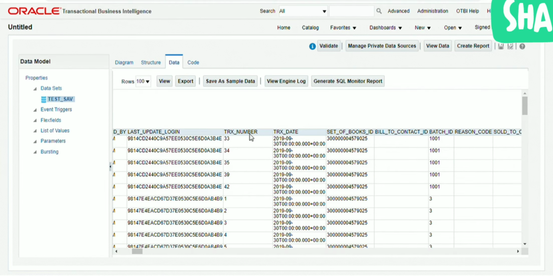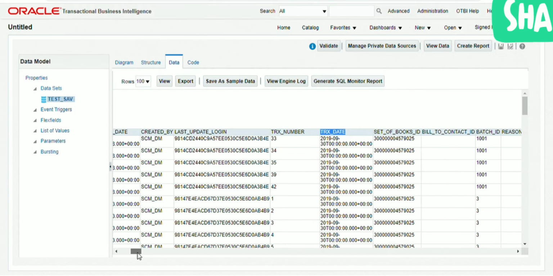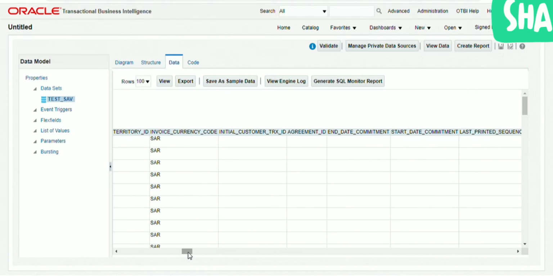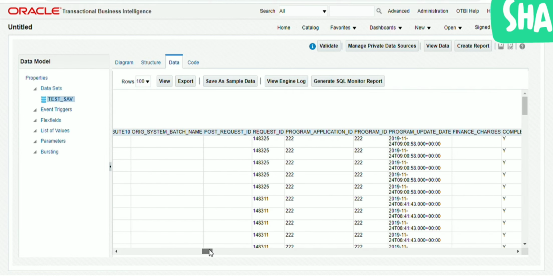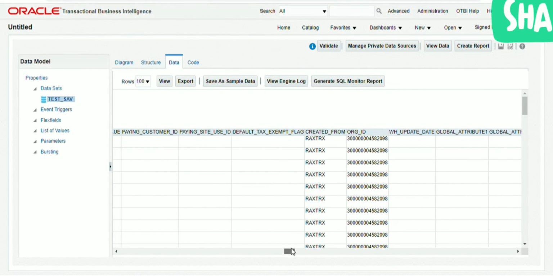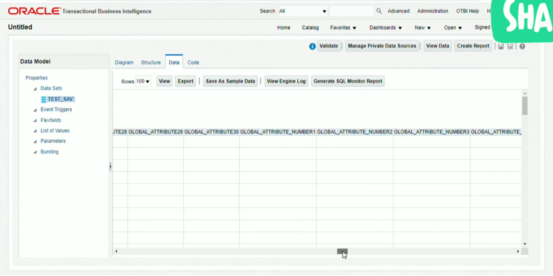Now we can get our corresponding desired columns from this table. For example, take columns named transaction number, transaction date, and we can get more as per our requirement. For testing, we will consider only 3 to 4 columns. So we will consider this transaction number, which is nothing but an invoice number, transaction date, and let's say customer transaction ID.